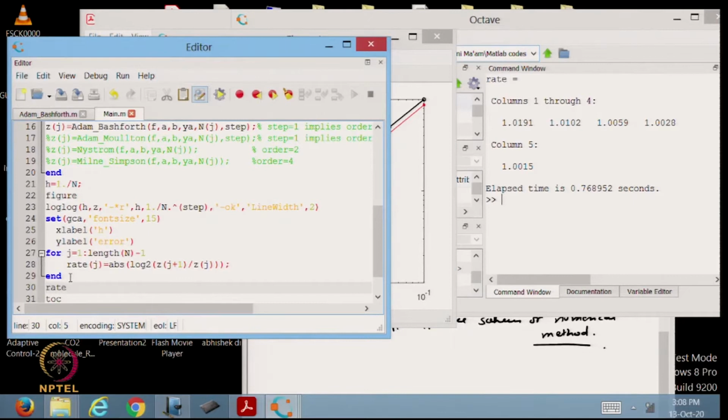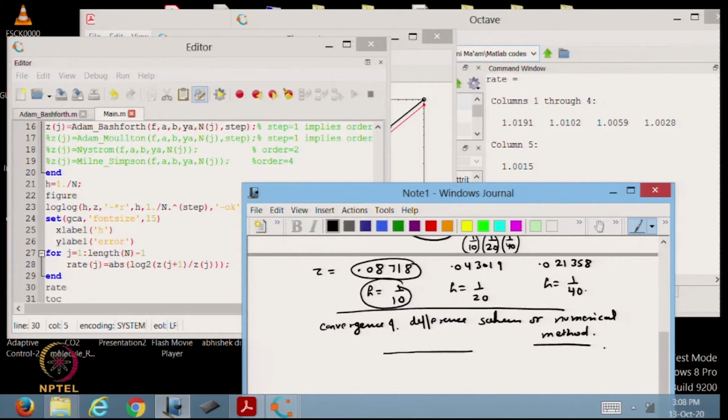So, the rate formula is also given in the following way, which you can observe from here. Rate j at a particular step is equal to the absolute value of log 2 of zj plus 1 divided by zj. Z is the error at j plus 1, I mean to say that when I am going from h to h by 2, we are basically dividing the error from this to this.